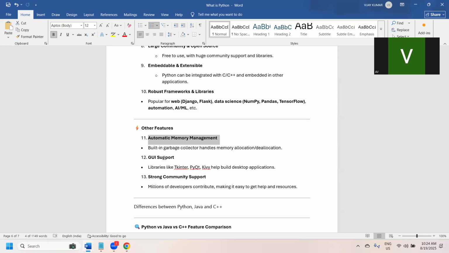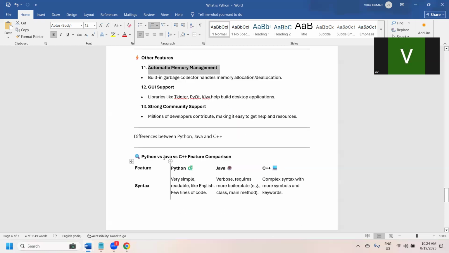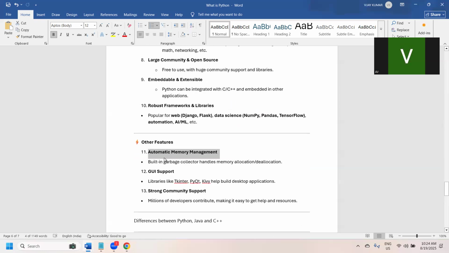And so the last one is strong community support. This we already learned. So these are the major features of Python. You need to remember each and every one. I mean, you need not remember everything. Just if you go for an interview or somewhere, if they ask you that, can you list down